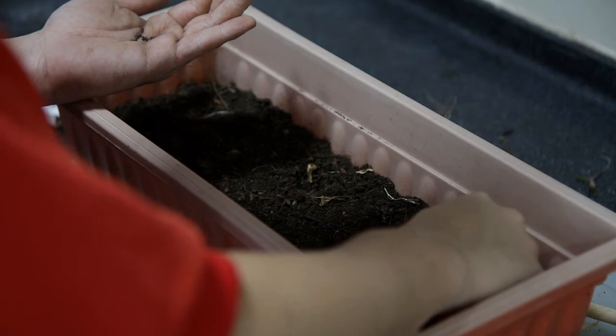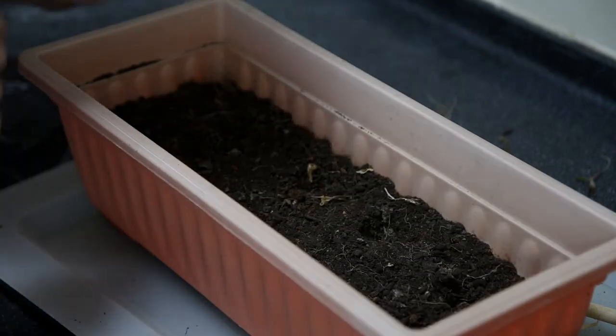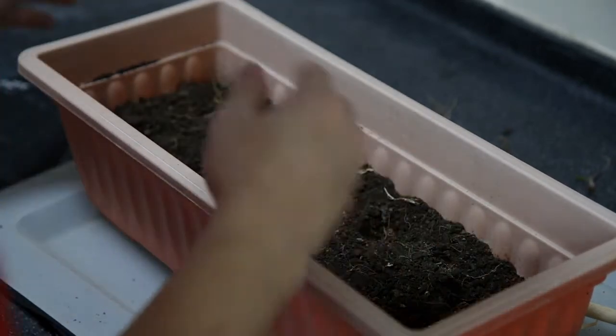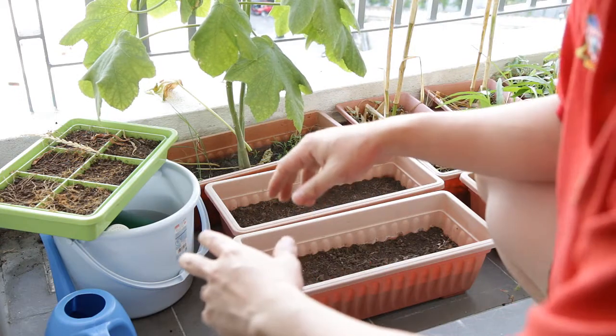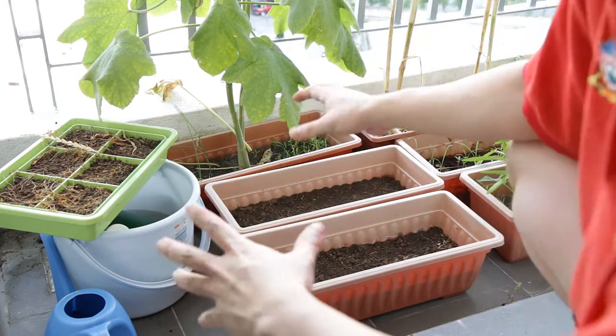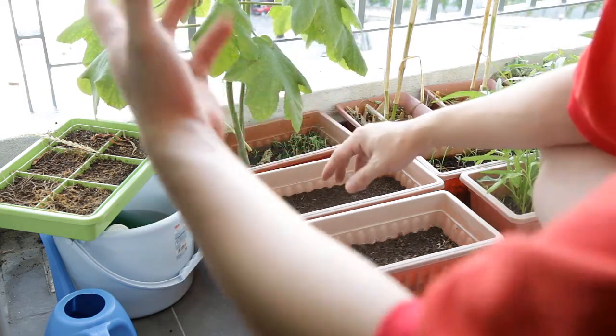Just a pinch, same thing. Just maybe 3 or 4 seeds. Alright, and then just seal it off. So I guess what you need to do next is slightly water it. Let the soil be a bit wet, but not too much water because now it's germination time